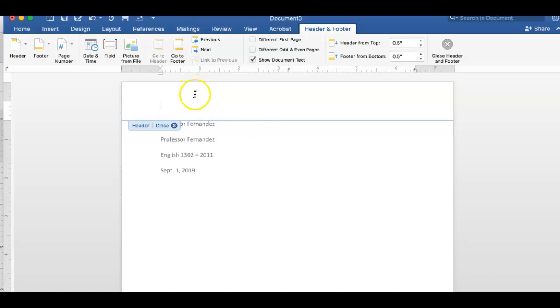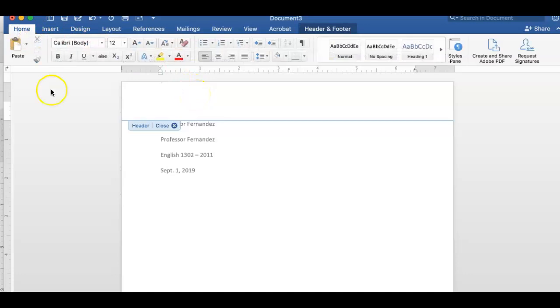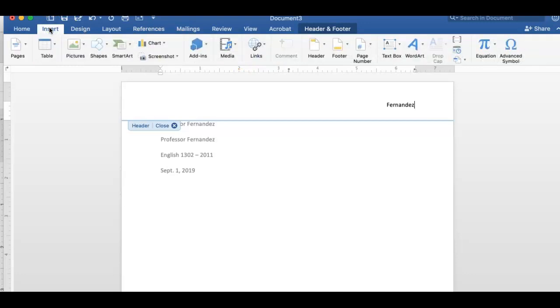All right. So what you want to do is a couple of things. So let me set this up so I can walk you through it. You're going to put your last name, just your last name, and you're going to go to Home. Here, where you have all these wonderful directions where you can tell the words where to go, you're going to go all the way to the right. What you want to do here now is insert